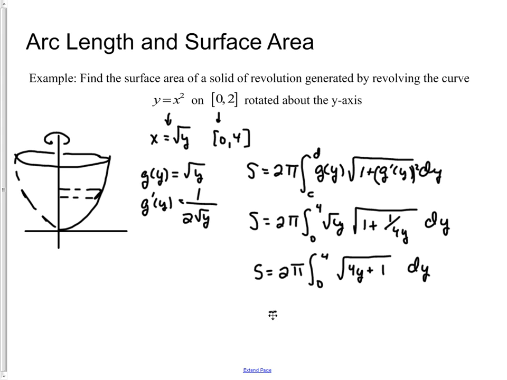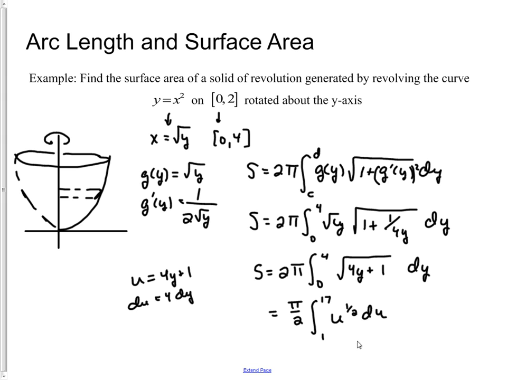And that's going to be, by our substitution method right here, u set equal to 4y plus 1, du being 4 dy, we're going to have pi over 2, because we're going to have 1/4 of du right here, times the integral from u of 0, which is 1, to u of 4, which is 17, of u to the 1/2